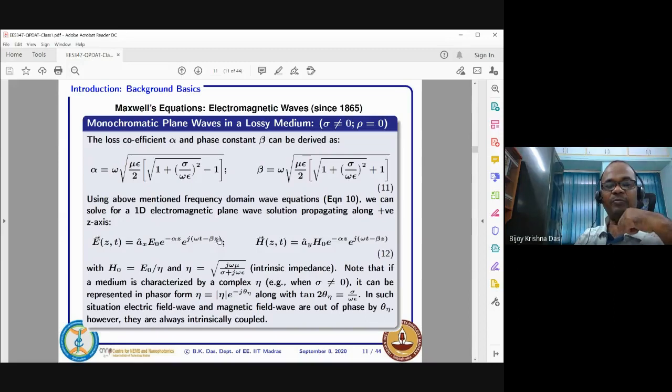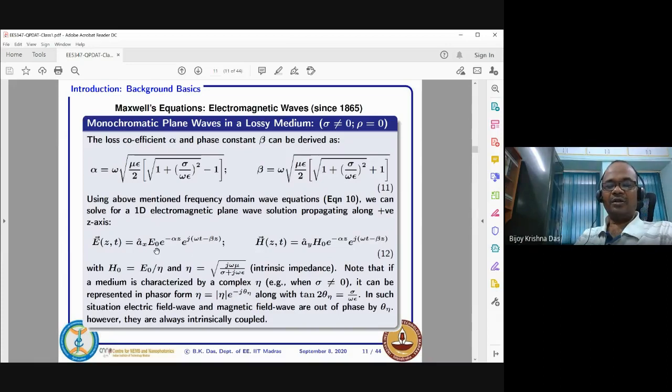And again, if you fix a particular value of z and see what the time dependent variation is, that is also time dependent. So when you see that some function is simultaneously time dependent and position dependent, then it is called a traveling type thing. Some kind of disturbance is traveling. As a function of time it is changing, as a function of position it is changing the value. So that is actually a kind of traveling wave. When that is associated with a single frequency, it is called a monochromatic traveling wave.